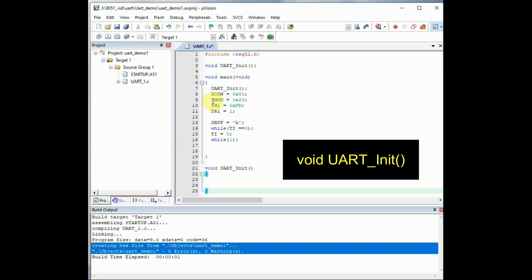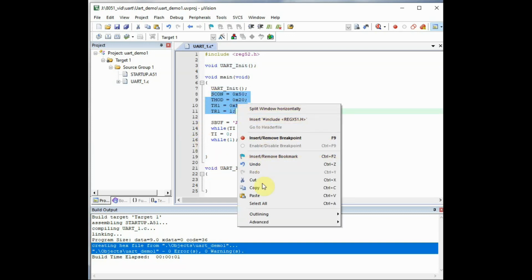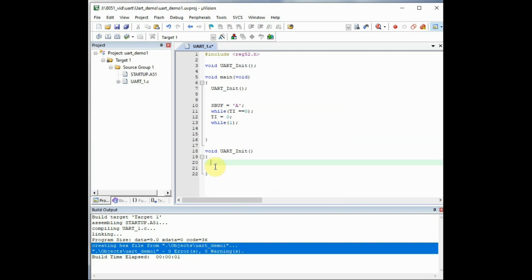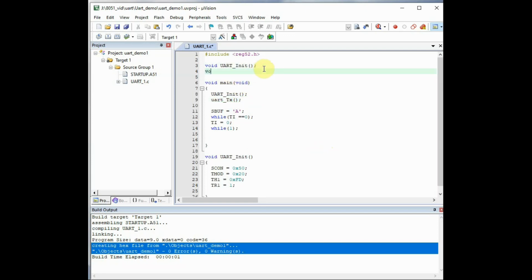Now let us cut these SCON, TMOD register settings, these 4 lines, and paste them here. This is for UART init, and then we'll call it from the main function, and after the UART is initialized, we'll call the function for transmitting character A. Name this function UART_TX, and before void main, let us do the function